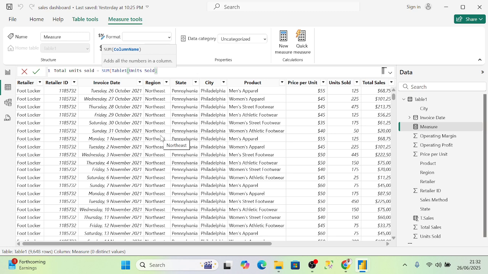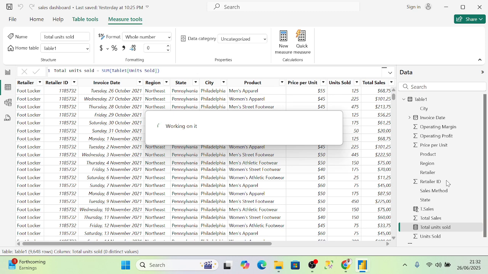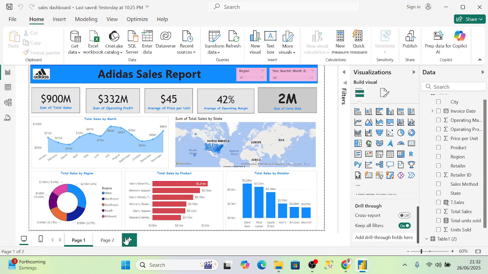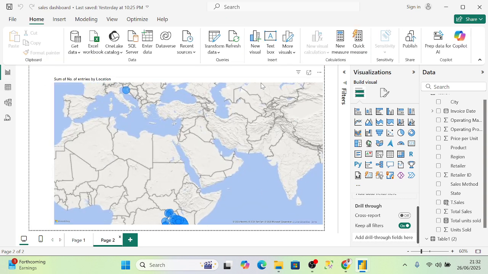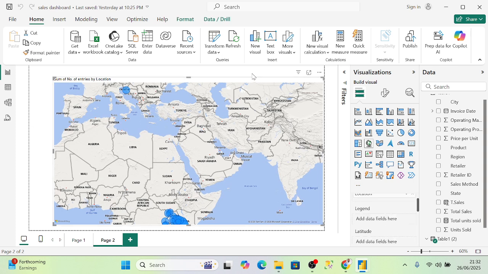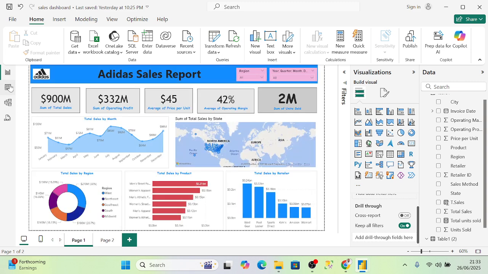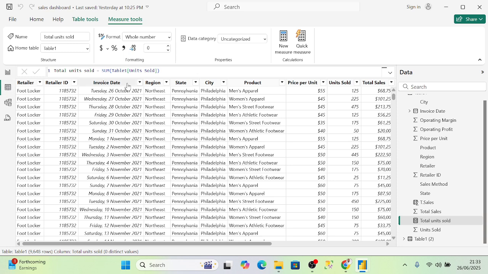Okay, and then I can close my formula and then just click enter. So if I click enter, you will see now a new measure has been added here. Okay, you can see here we have a new measure. All right, and how are all these new measures helpful to us? Okay, how do they really help us? Now, maybe before we go to that, you can as well see,